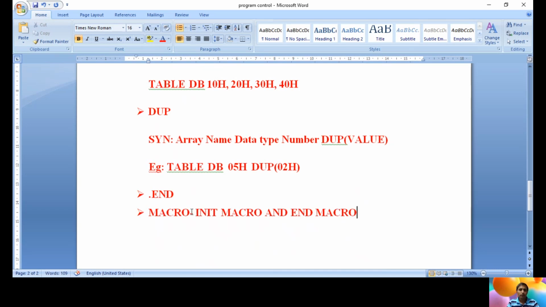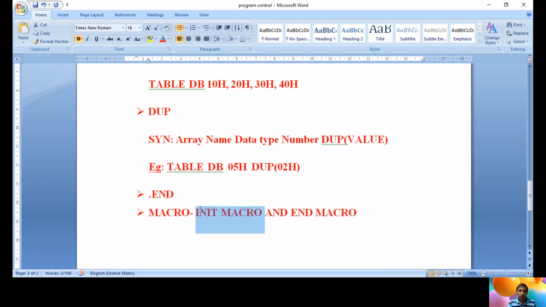Then the other is macro. A macro is nothing but a set of instructions. For example, in our program, we have a set of instructions that are required many times. Instead of writing those instructions every time, we can simply define them as a macro. Then we simply call the macro, and automatically those instructions come into our regular program. A macro has two directives: MACRO and ENDM.